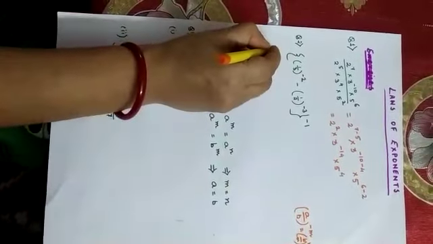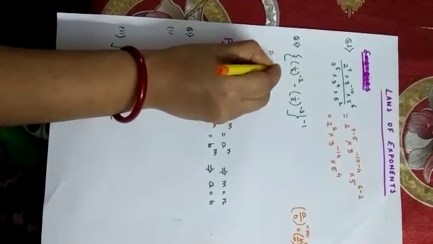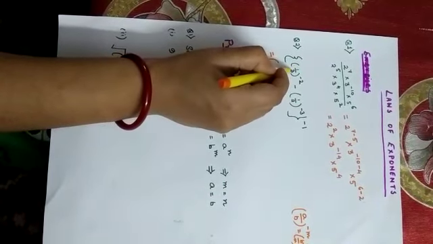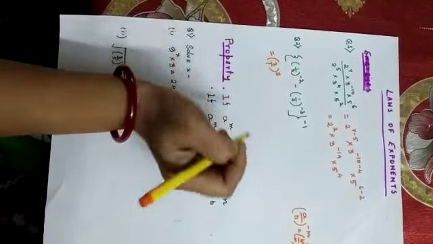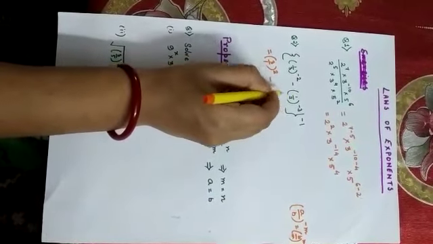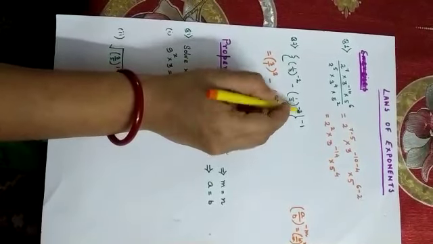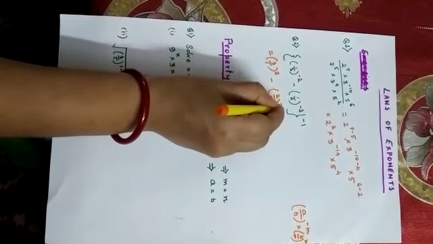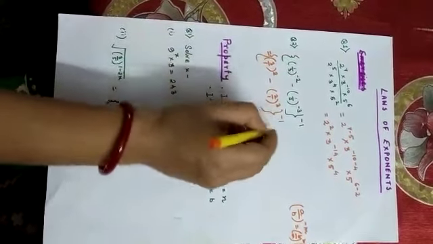So in this way, minus 2 को अगर plus 2 करना है तो 1 by 3 को उसका reciprocal लिखेंगे, that is equal to 3 by 1. Similar here, 1 by 2, the reciprocal of 1 by 2 is 2 by 1 and the power gets positive. Whole to the power minus 1.